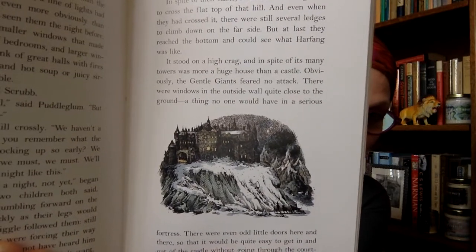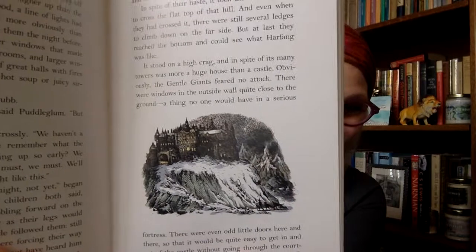That's what they saw right there. I guess if you were freezing cold, it would look exciting, but to me, it looks a little haunted. It's not, but...